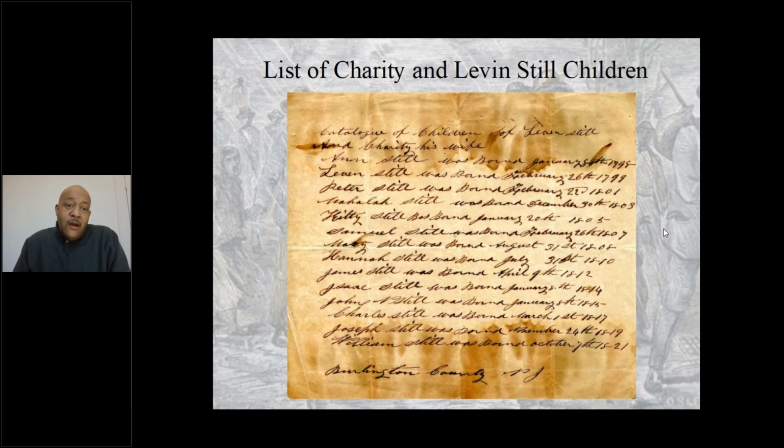As you see, Samuel Still was the first freeborn. My second great grandfather was the first freeborn of my family, born on February 26, 1807. You'll see Dr. James, look on down the list, April 9th, 1812, and you'll see William Still there, October 7th, 1821. And on this list there are only 14. We figured the other 4 were probably stillborn at birth, because there's no mention of a name on those children. But the claim was that she had 18 children.